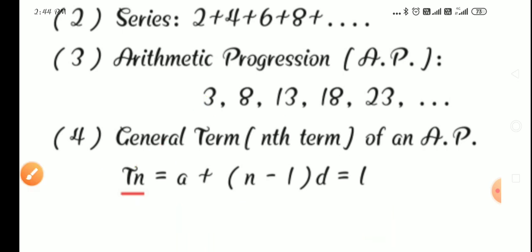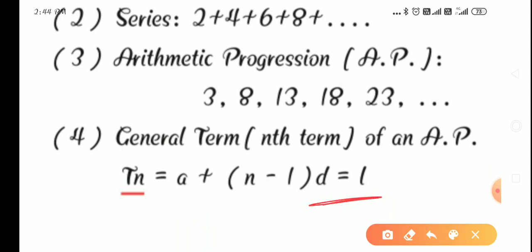In this formula you can see one more thing is written, L. What is this L? This nth term is also called the last term. It is called the last term when the given sequence has a limited number of terms, a certain number of terms. If continuity is not there, if there are a fixed number of terms, 100 terms, 50 terms or 150 terms, we should know how many terms are there. Then in that case you can say this nth term is also called the last term.